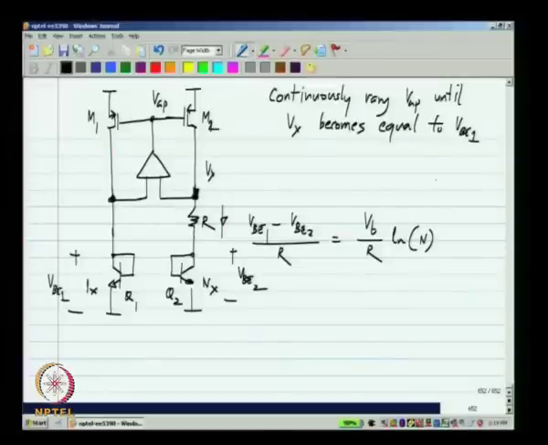Okay. So, one way to do that is, so let us say we find that this voltage is at VDD and these voltages are at 0. Now, if we pull down the gate voltage of these transistors, what happens is M1 and M2 will carry some current and these voltages will be lifted above ground. Once it is lifted above ground, the negative feedback comes into picture and the entire circuit reaches the operating point. Okay. There are a couple of ways to do this. In some circuits a pulse is available at startup, using that this voltage can be pulled down momentarily. Now, we will assume that no such pulse is available.